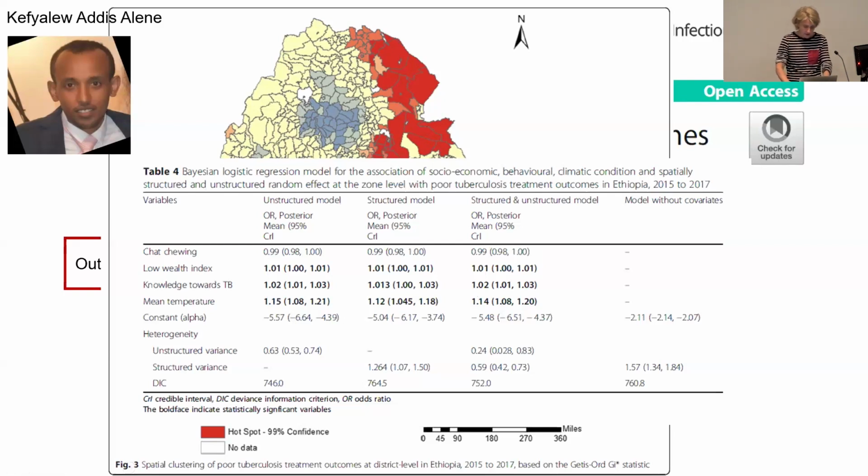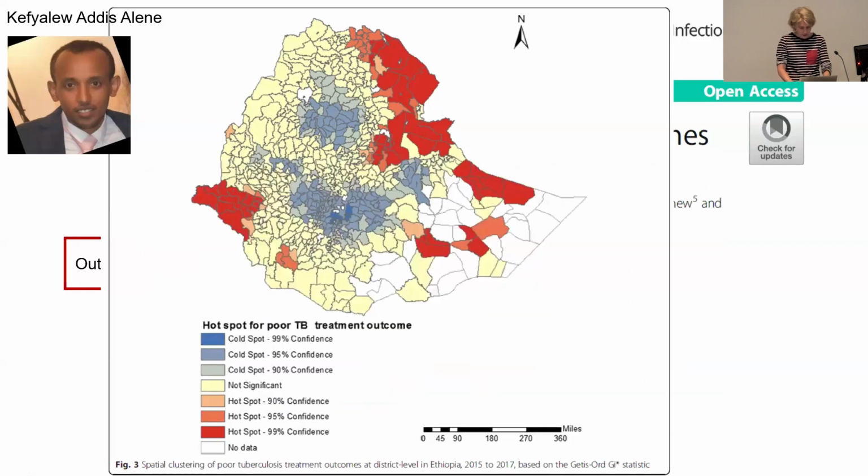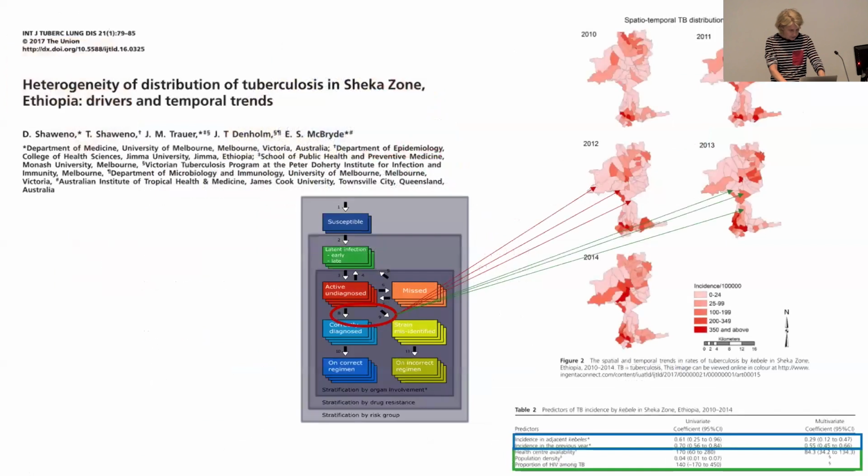Okay? But that's fine. As you can see, very pictorially, very interesting. You can see it very clearly what's going on in the country in terms of outcomes for TB. And I think that would be a very useful public health message for public health decision makers. All right. Similarly,